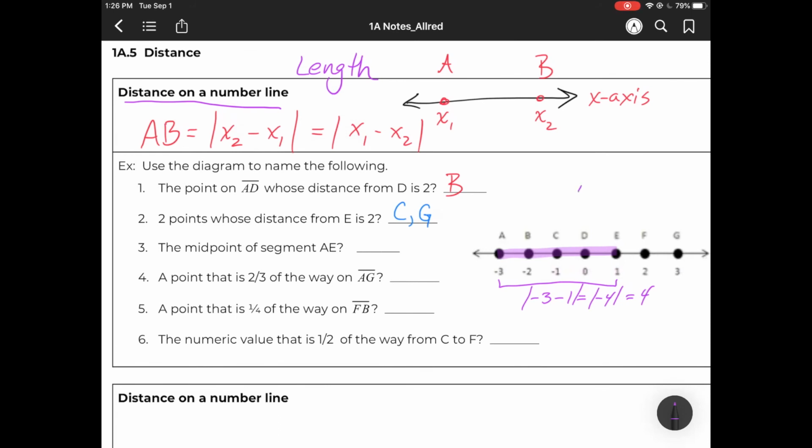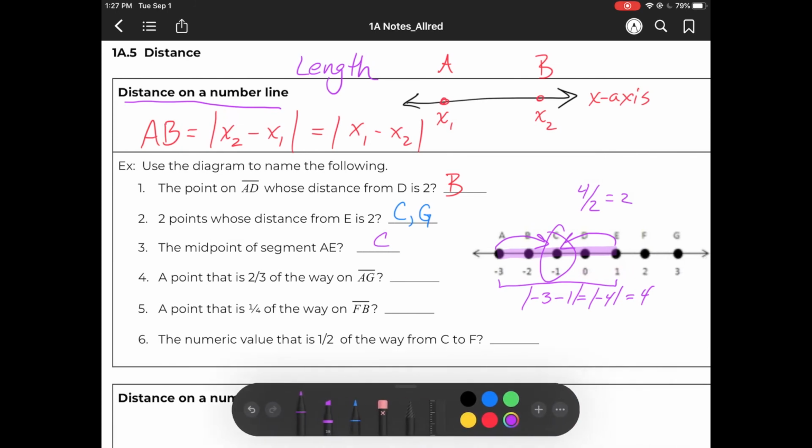Half of 4 is 2. So 2 away from E at the end and 2 away from A at the beginning give us point C as the midpoint. Most of you would probably be able to just look at that and figure that out, but I wanted to give you some explanation. All right, these next few are a little more challenging because we throw in some other